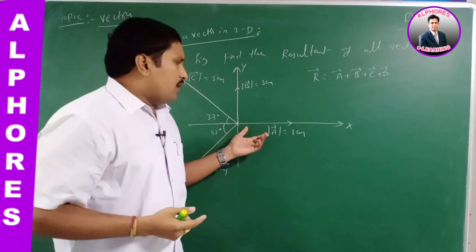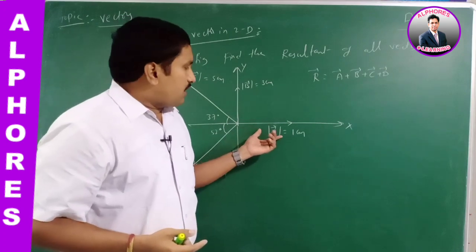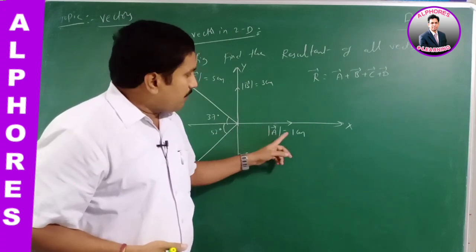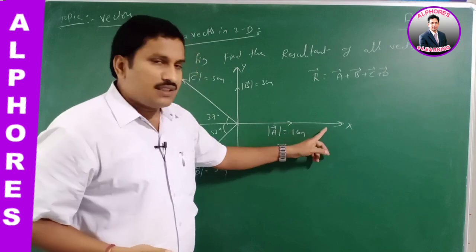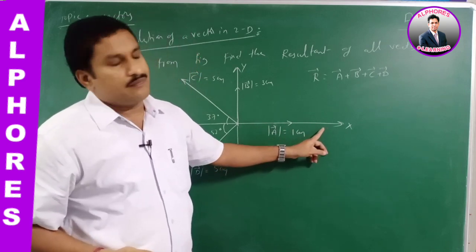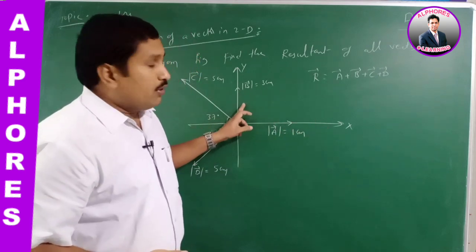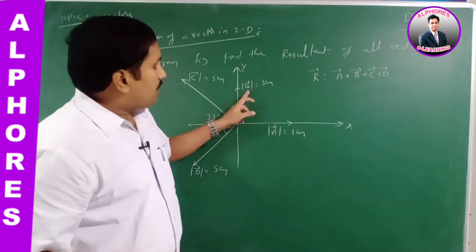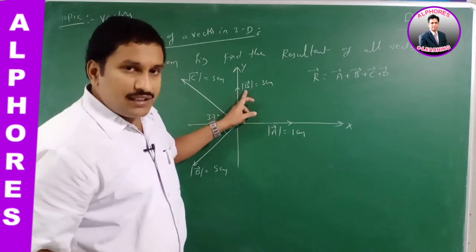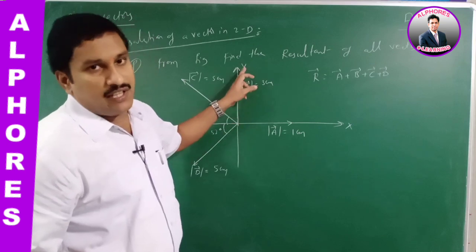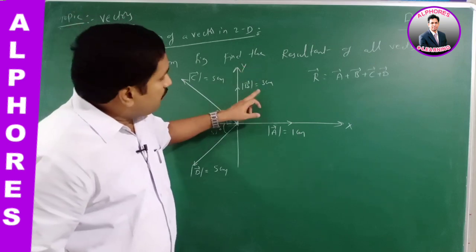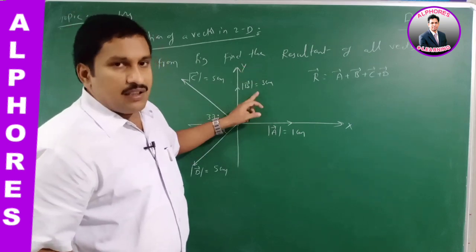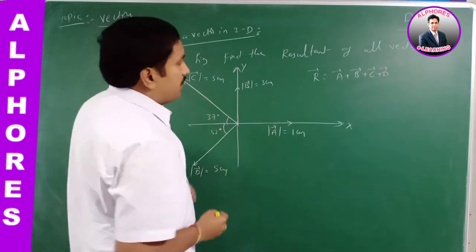From this diagram you have to know about the vector A bar, having magnitude 1, which is oriented along the positive x direction, so the unit vector is i cap. And you know directly about the B bar vector also, having magnitude 3 centimeters, oriented along the positive y direction. You get these two vectors directly from the concept.